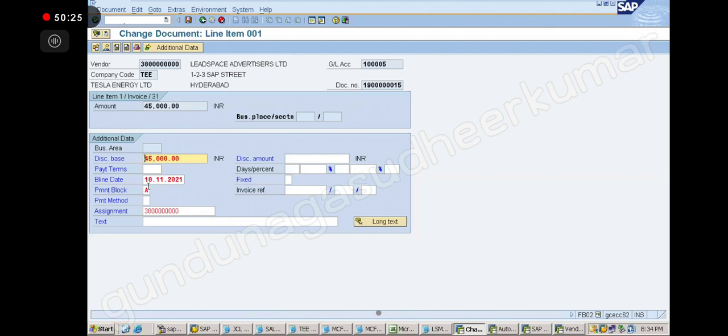And permanent block versus end block. After running payment, is there any time limit to void checks? After issuing the check, sir?